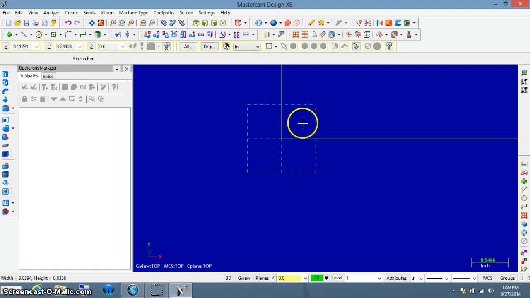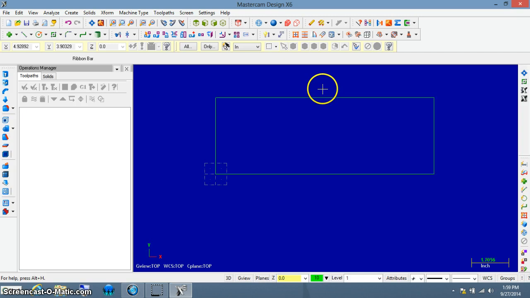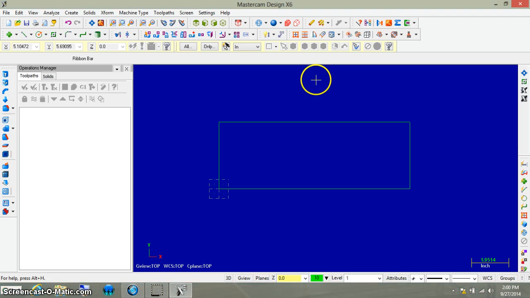Now you'll notice your rectangle's kind of gone off the screen here. There's a couple of ways to fix that or see everything that's on your screen. We can either use, I think it's this button right here, Fit. Whatever's on your screen will be adjusted to fit your workspace. The other way you could do it is you could just use your scroll ball and unzoom so you can see everything. Now that we have this, this is representing our piece of wood,